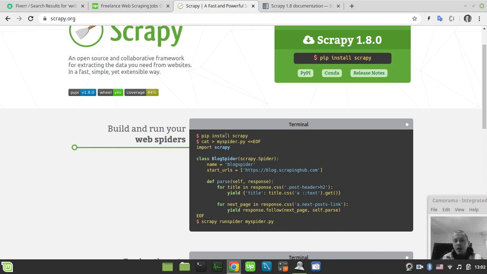It's an all-in-one high-level bundle of web scraping tools, and everything you would ever want to have in your scraping environment. But I personally don't really like high-level frameworks.